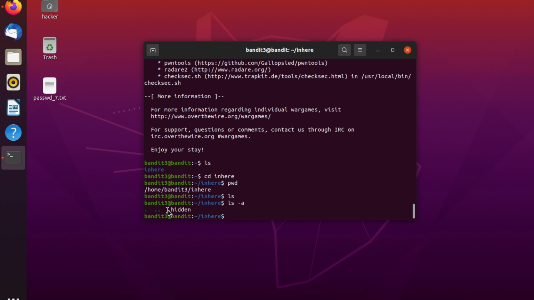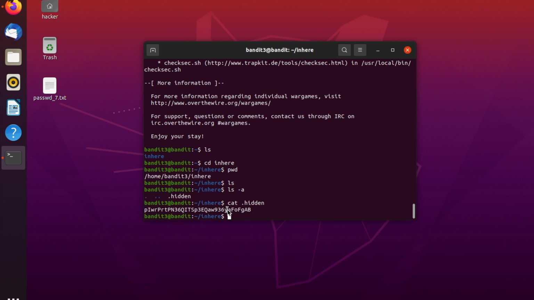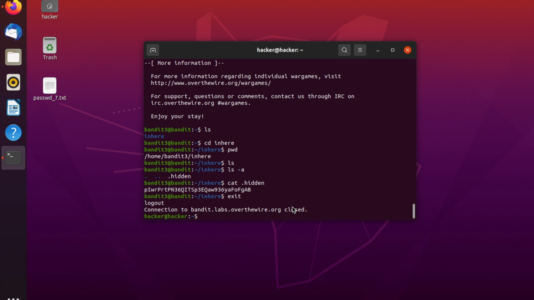Fine, you have this hidden file. All hidden files start with a period, okay? So cat .hidden, and boom, there is the password. Copy, exit. Now get on to bandit level 4,